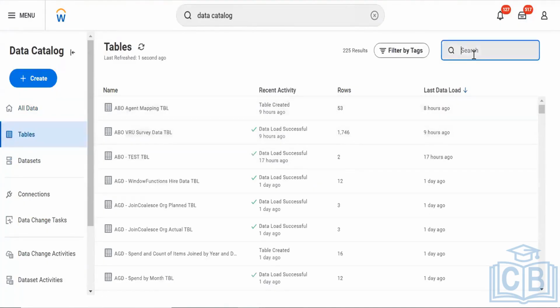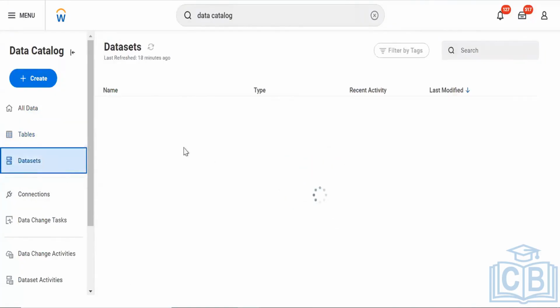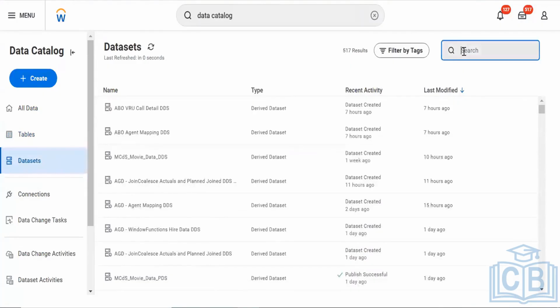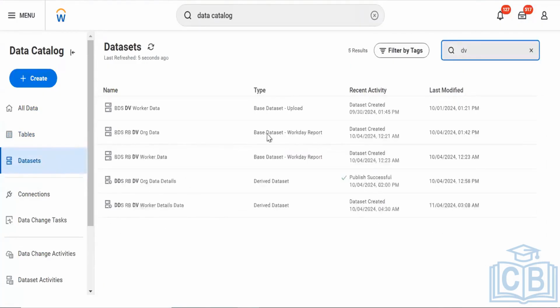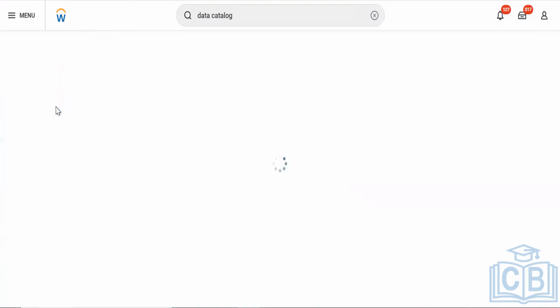let me search, we haven't connected it with any. I think it got refreshed. Let me quickly create one and show it.